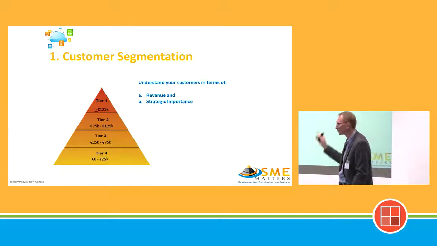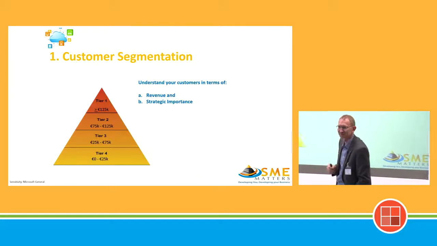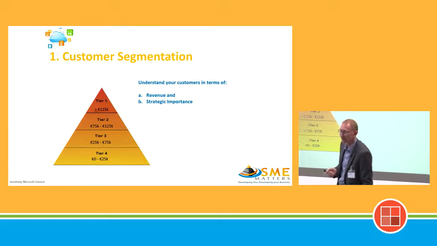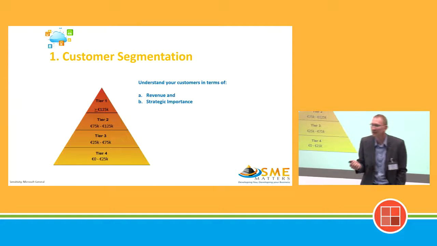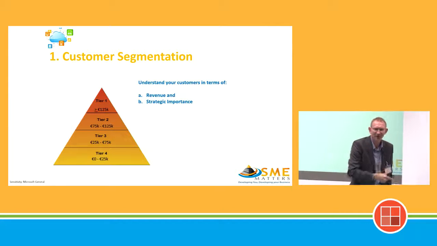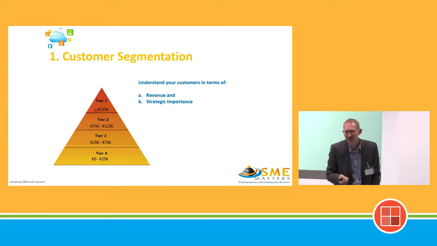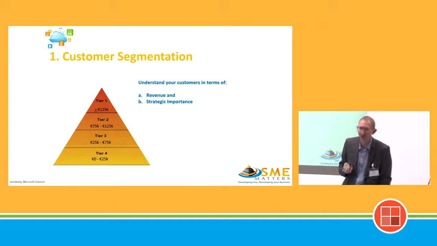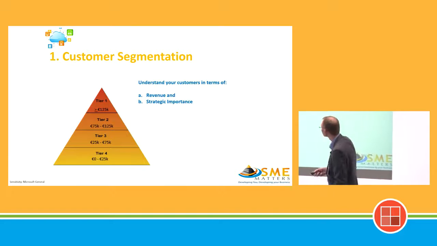Sometimes we get very complacent with our Tier 1 customers. We build them well, they pay on time, they don't cause as much trouble, and sometimes when they come looking for stuff, we're so busy with the Tier 3s and Tier 4s that we don't always get around to them quickly enough. So sometimes we can actually be a little bit relaxed about our Tier 1 customers. By knowing who they are and physically making every effort inside the business to make sure that if a Tier 1 customer calls, they get the attention that they need, the recognition of who your customers are is extremely important.